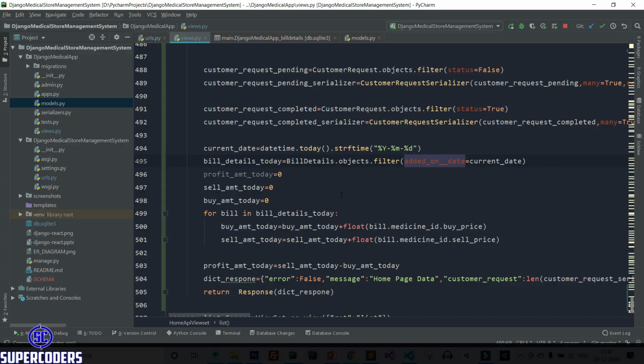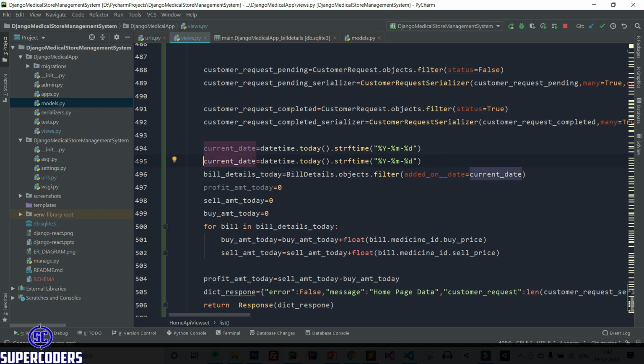After that, here current date is used for current date. Now let's create another date field which is used for current date after 7 days. So simply copy this same line and change it to current date 1.